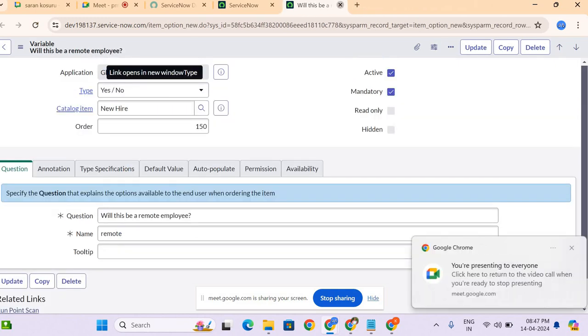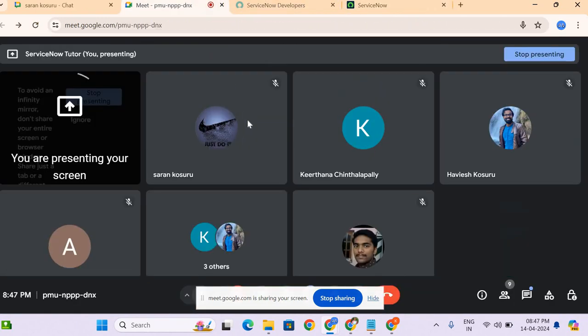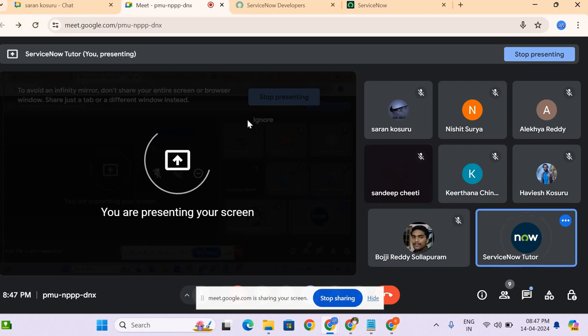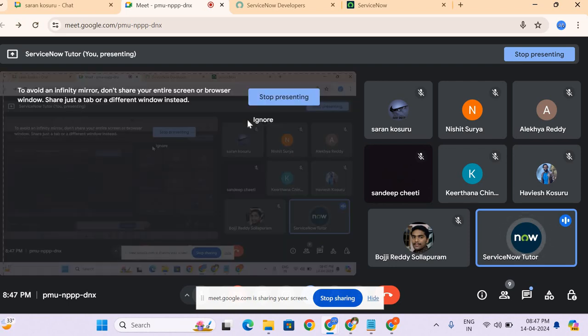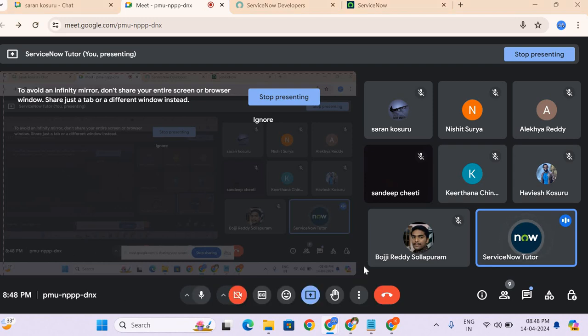So we have seen the service catalog where you have the catalog item. Under one request number, you have only one item. And the second one, which we have seen right now, is the order guide. See, the order guide is again under one request number, you can order multiple items where you have multiple RITMs. Okay, so you have the next one called as record producer.